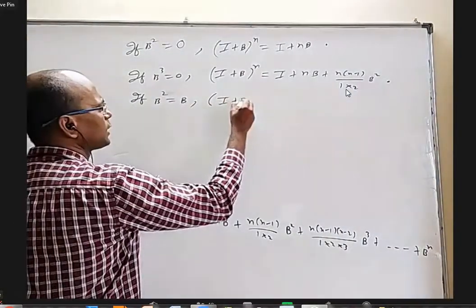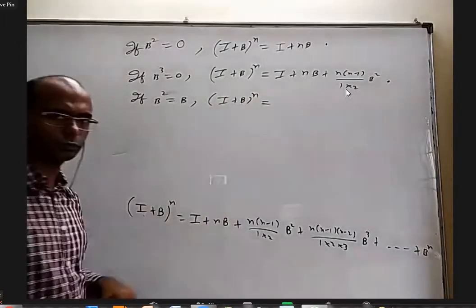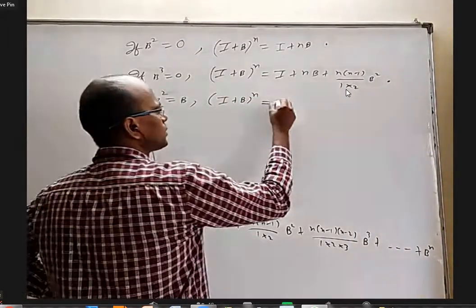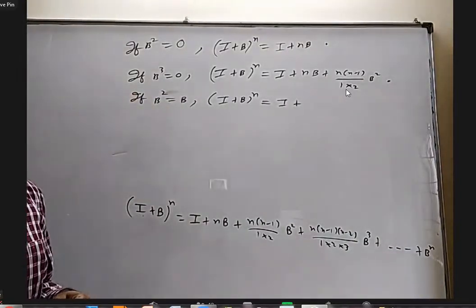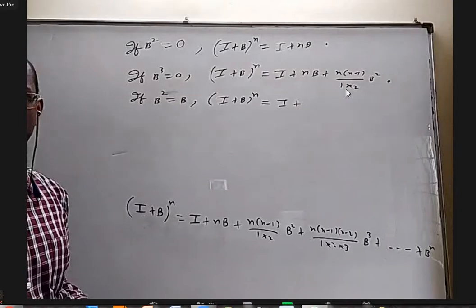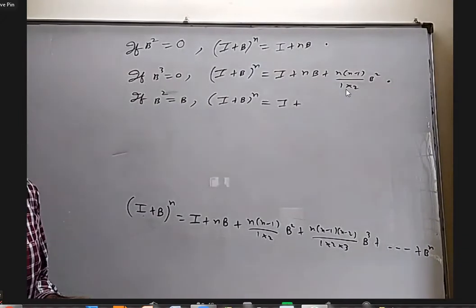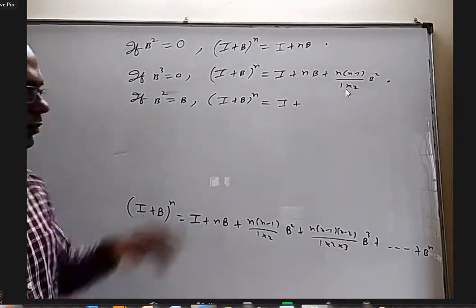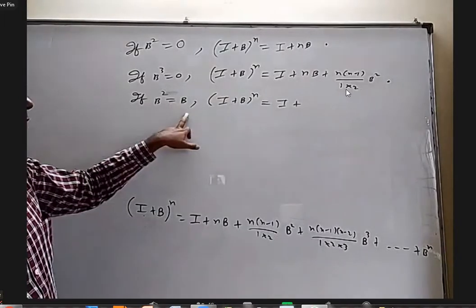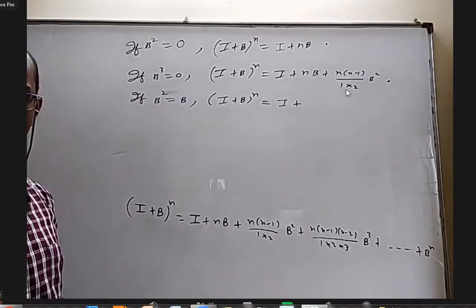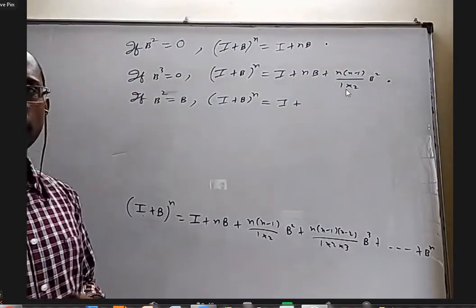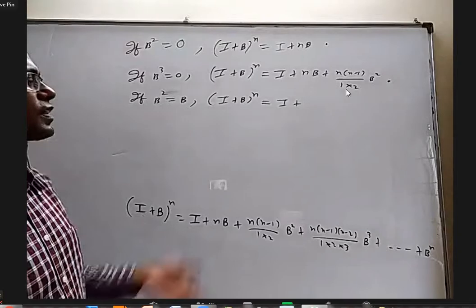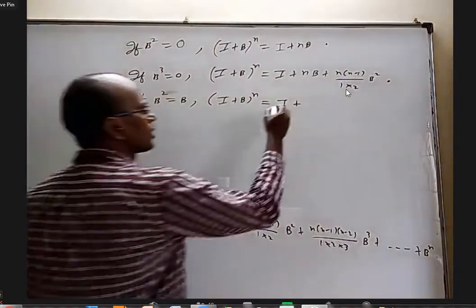So when B square equal to B, what happens? You will get I plus B whole power n is equal to I. If B square is B, what is B cube will be? Square. Will be B only. Multiply B on both sides, B cube will come B square, but B square is again B, na? Yes, sir. Okay, so B cube is also B, B power 4 is also B, B power everything will be B. Okay, then what will happen here?